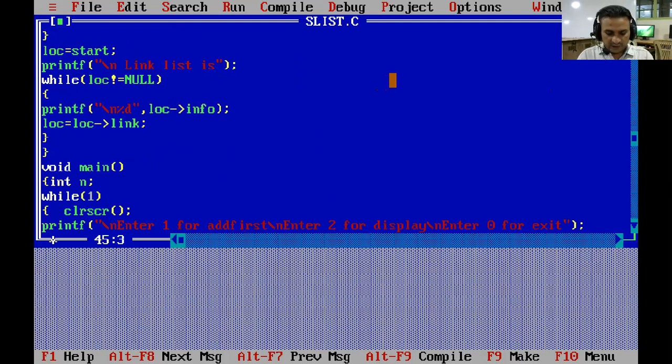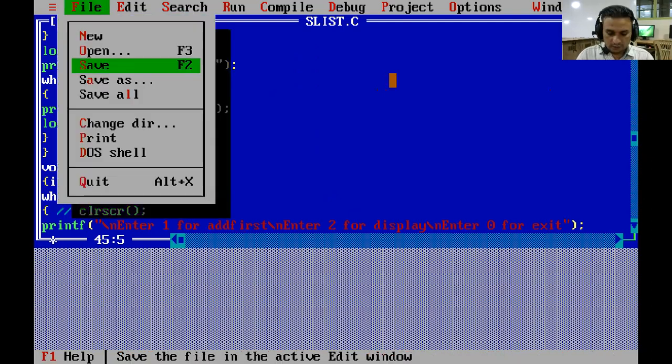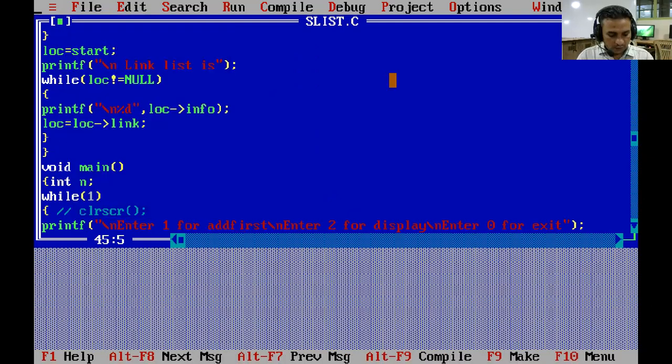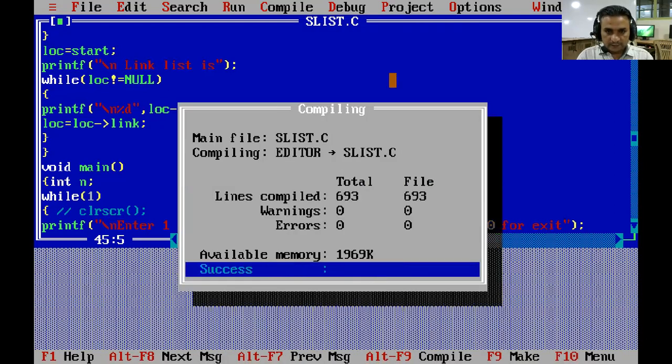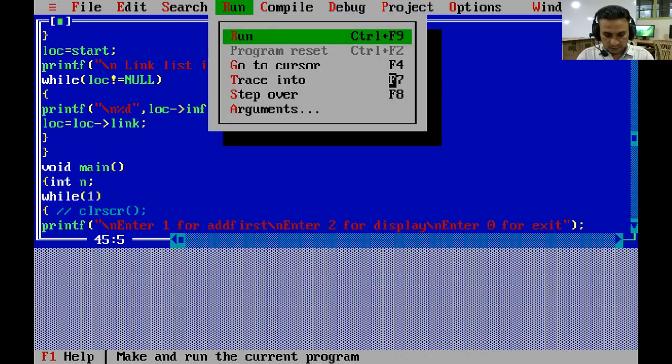Just for a moment, I will comment out the clrscr function right now. Again, I will save our program, compile again, and run again.